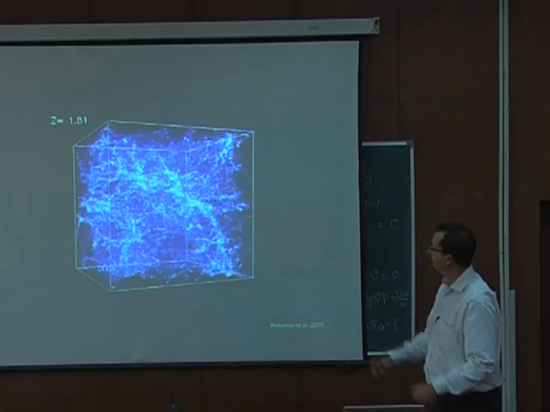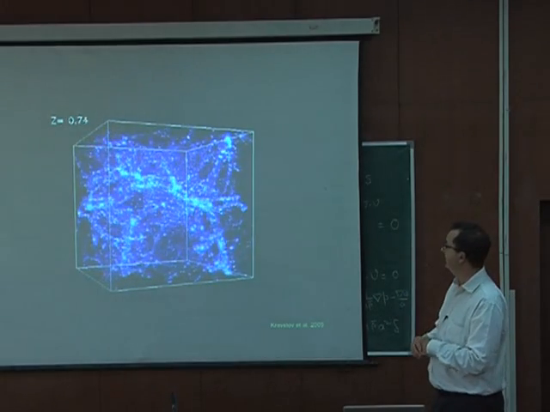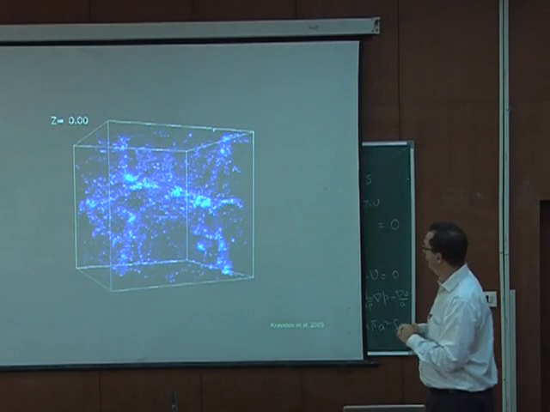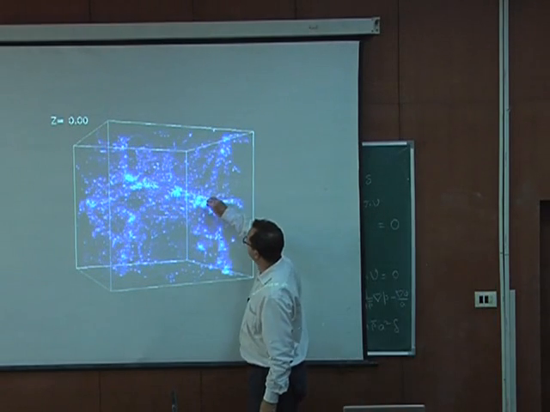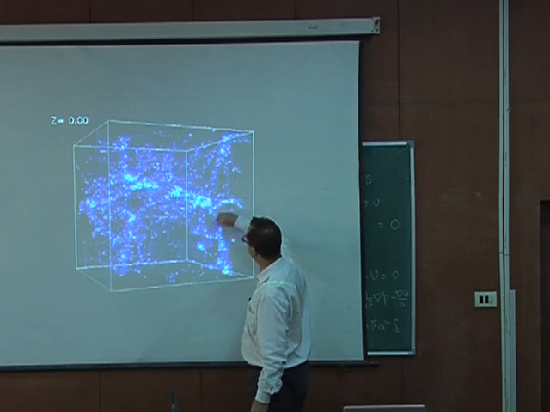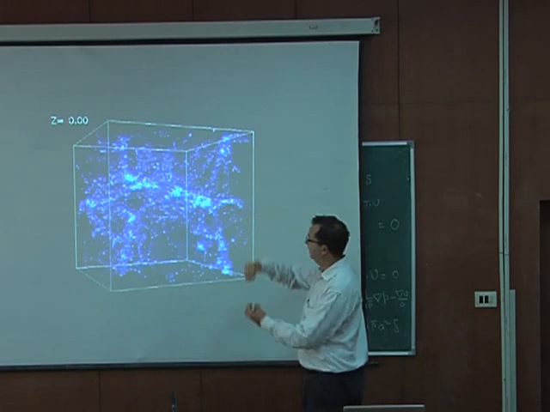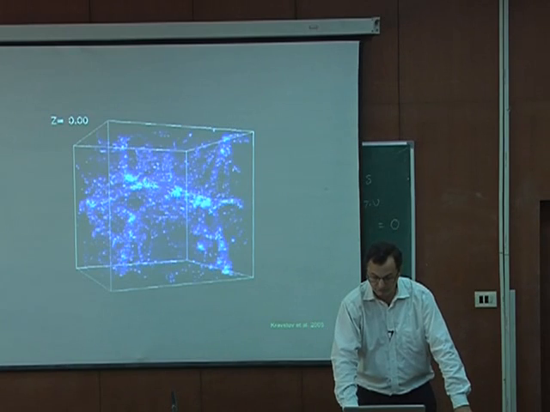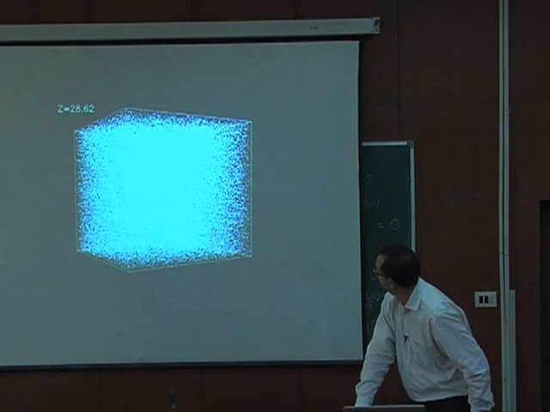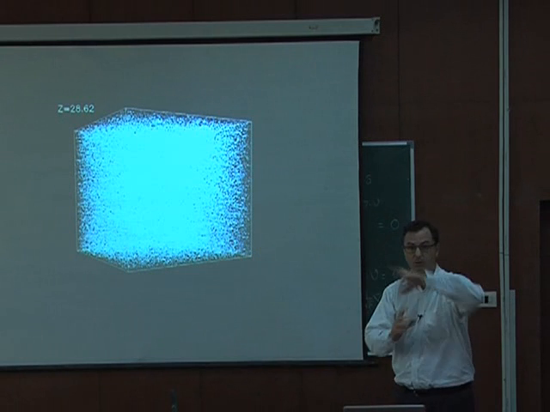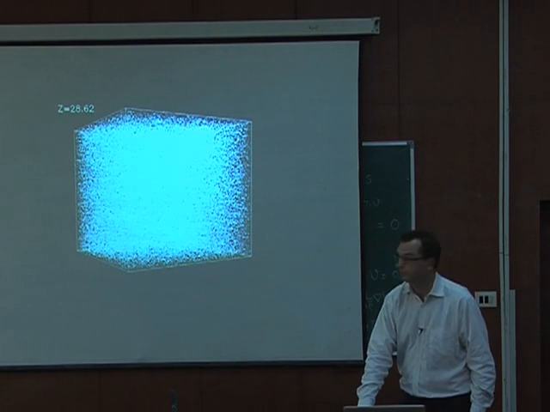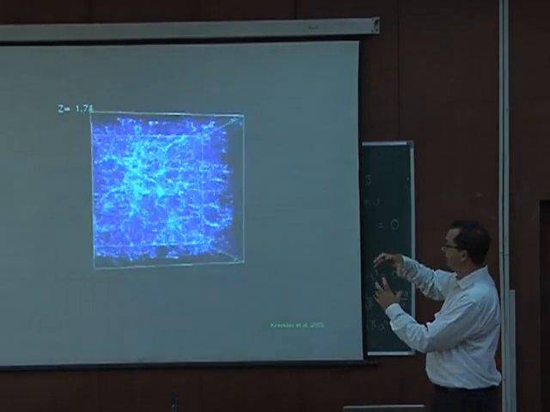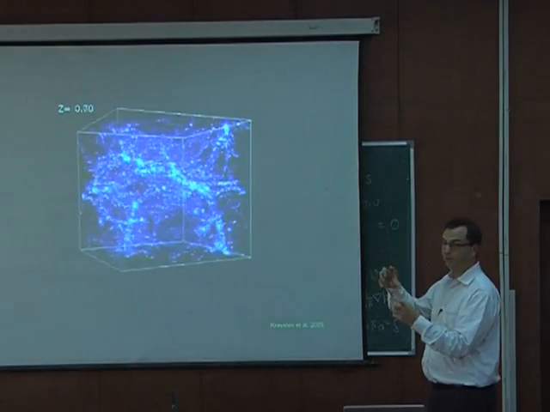Okay, so you see, first you have some small perturbations that you can barely see by eye, and as time increases, you see more and more structures forming. The overdensities correspond to clusters and groups of galaxies, and you also see filaments which are connecting the different clusters. Maybe another way of looking at it is a version with a rotation. It's the same simulation, but now the box is rotated to help us visualize the different structures. So here you see the box rotating, and at first the density fluctuations are small, but